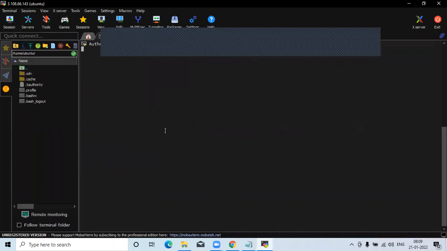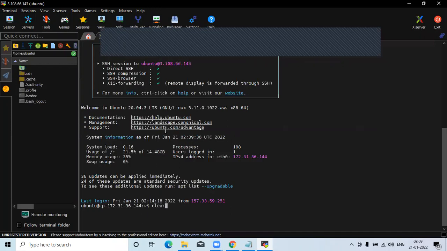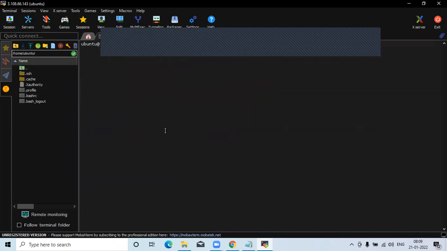So here simply run the command cd home GitLab hyphen runner, then ls, then inside build, then ls, then this is your runner id,